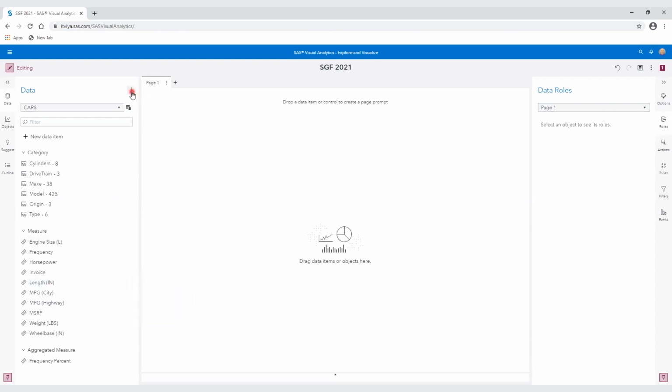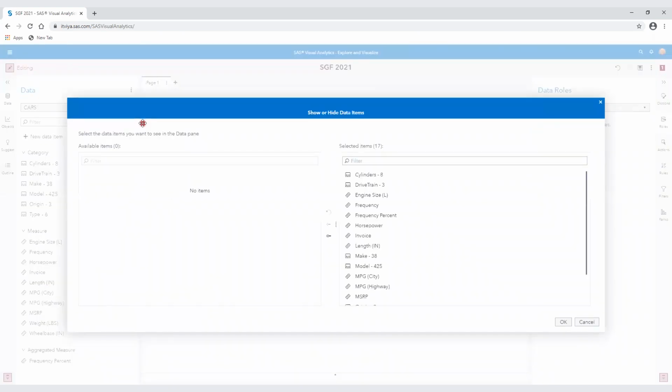So I'm going to go to this button up here at the top of the data pane, and I'm going to click, and select the last item here, show or hide data items. Whatever I'm not interested in, I just want to remove it from visibility, so I'm not distracted by it. They're all selected by default, and that's fine except for the ones I don't want to see.